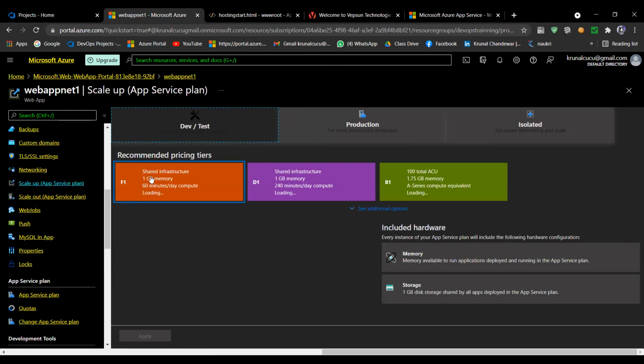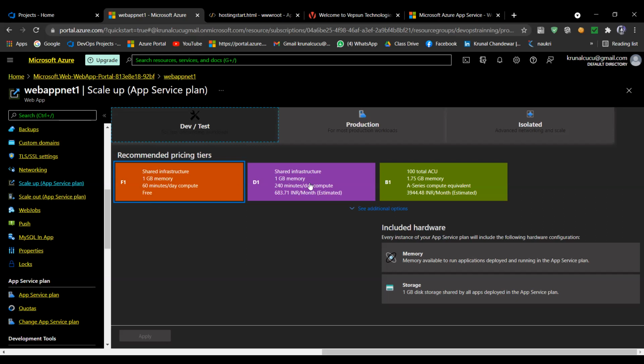We selected this one, which is 1 GB of memory and 60 minutes of time per day to access this web app. This web app we can access for only 1 hour every day. And we are getting 1 GB of memory for storing our code, and 1 GB is a huge code storage. So this is one plan.